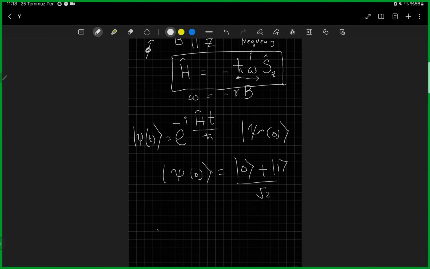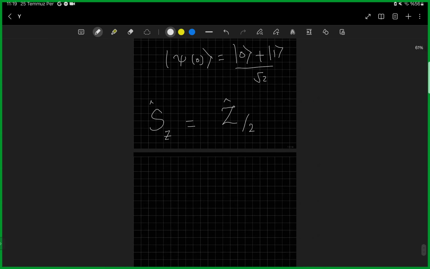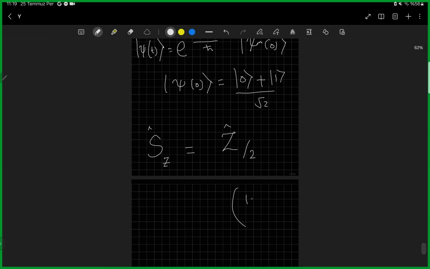You already know that the Hamiltonian for the spin angular momentum is simply the Z Pauli operator divided by 2. So now the situation in front of you is that you have this state,